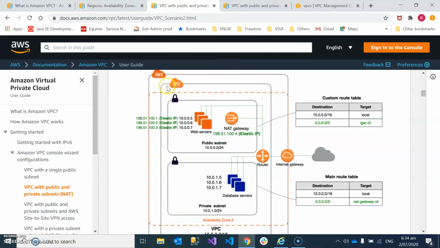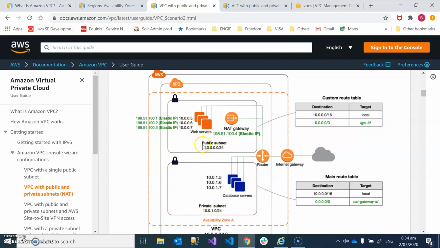If you look at this diagram, we have one VPC, and this VPC has one availability zone, and in that availability zone we have two subnets. One is a public subnet, one is a private subnet.